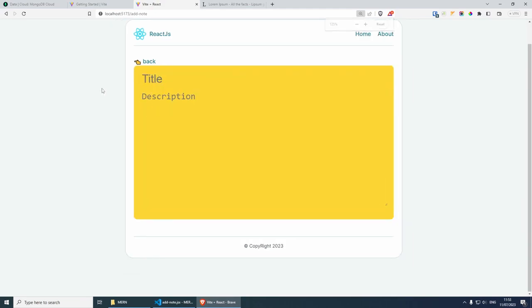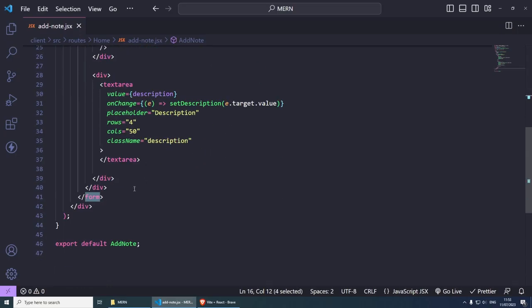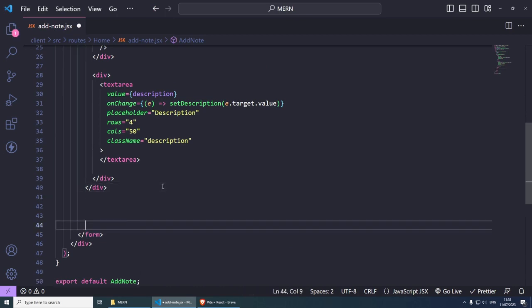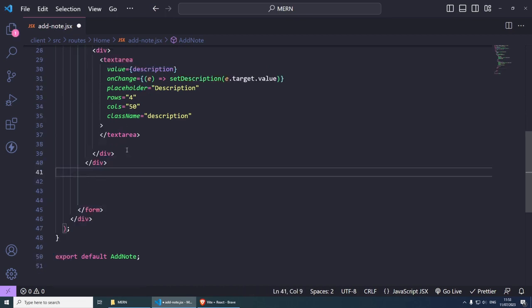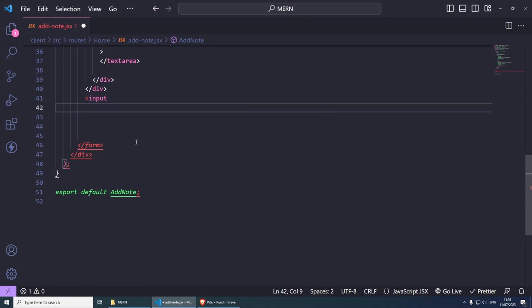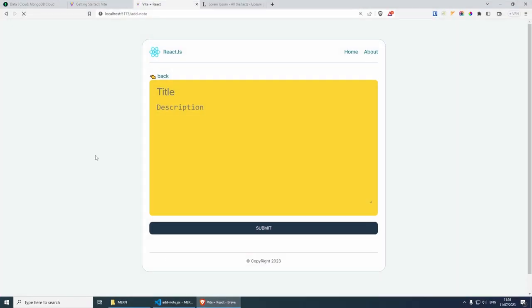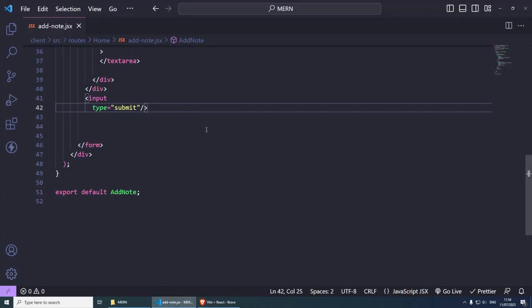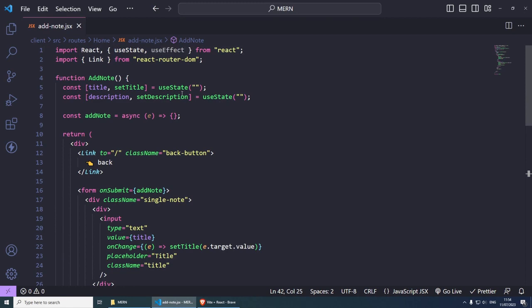If you use my classes, we need to have a button to submit this form. So after this div here, just above the form, we're going to create an input. And this input is going to have the type of submit. And we'll come back to this a little bit later. Let's leave it as it is for now. Okay, so now we need to do the submit logic super quickly, and then we'll make it a little bit